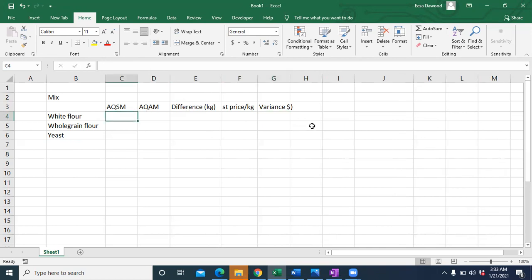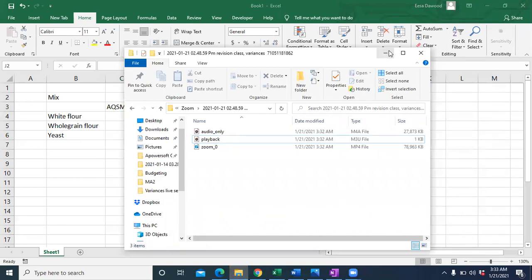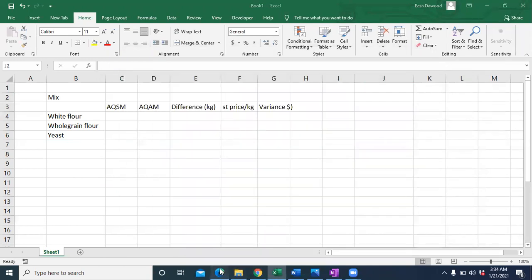Okay. Now, first of all, I told you need to know the actual quantity and then you need to know your standard mix. Let me see my standard mix. So I need to convert it. These are the three ingredients.